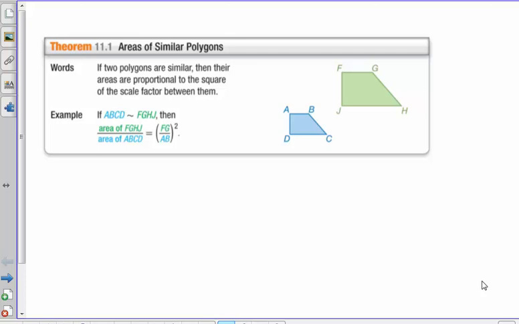All right, this is lesson 11.5. This is a real quick one. It's called the area of similar polygons. And we've talked about area of similar polygons before, and we've said that if we know the similarity ratio,